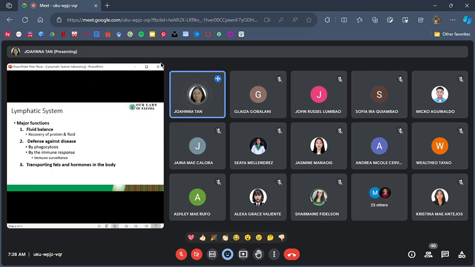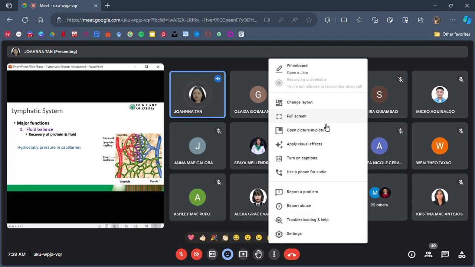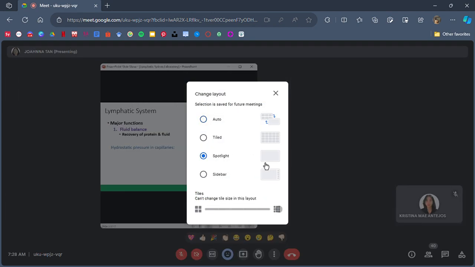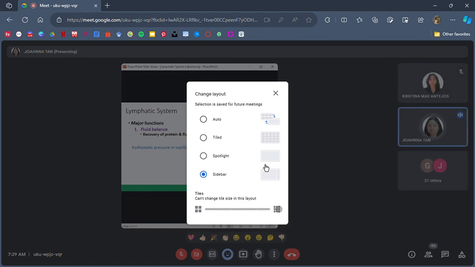These are the main functions of the lymphatic system. First, it returns the leaked fluid and plasma proteins back to the blood. The increased pressure at the arteriolar end of the capillary will cause plasma and all its dissolved contents to escape